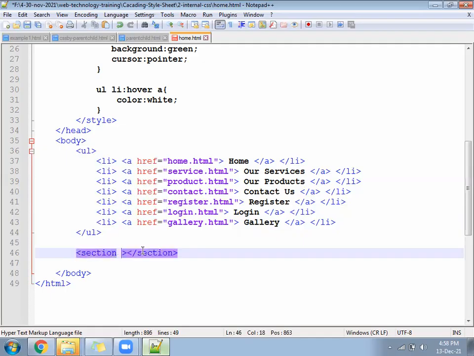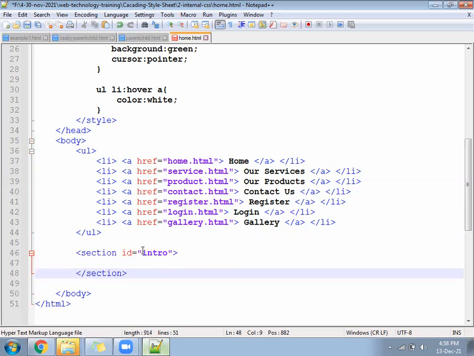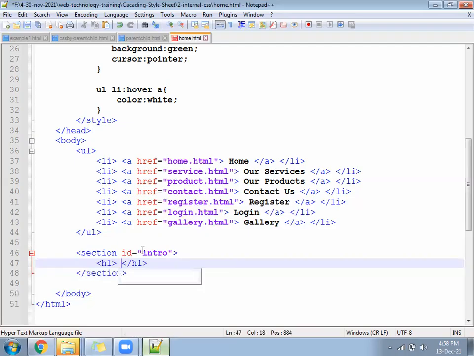Give ID equal to intro. Keep an H1 inside, Welcome, and any company name. Okay, save the file.